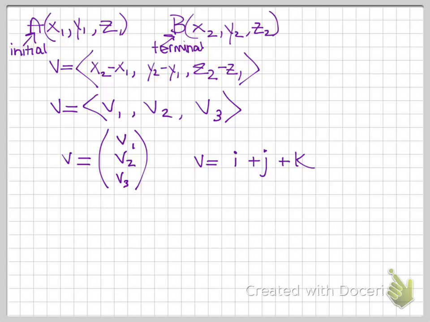So once we have component form, it can be pretty easy to go ahead and find the magnitude. Remember, the magnitude is pretty much the distance between those two points. And if you remember, the magnitude in 2D was just the distance formula. So distance and magnitude are still going to be